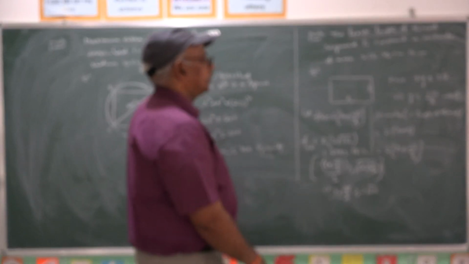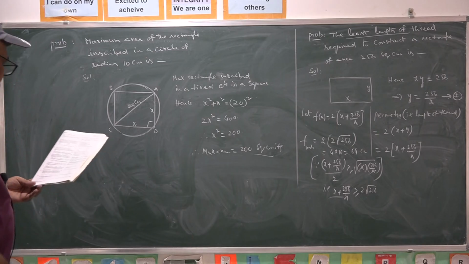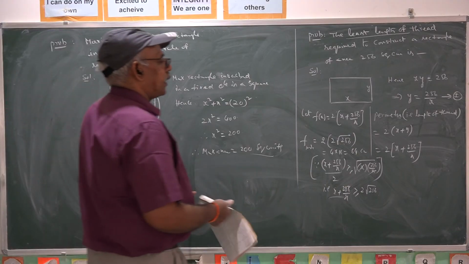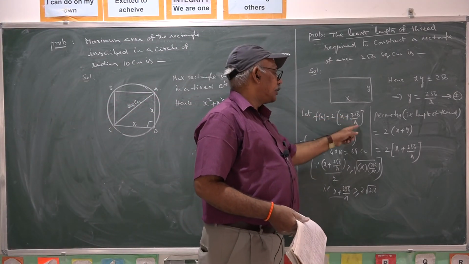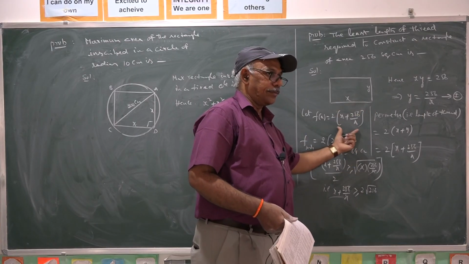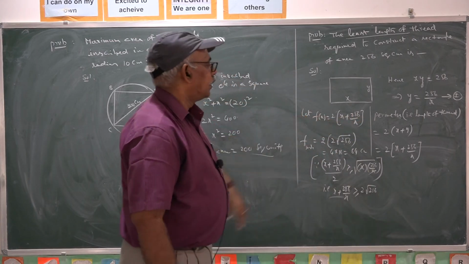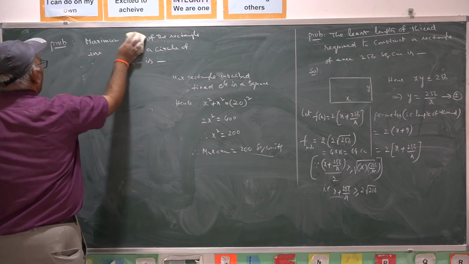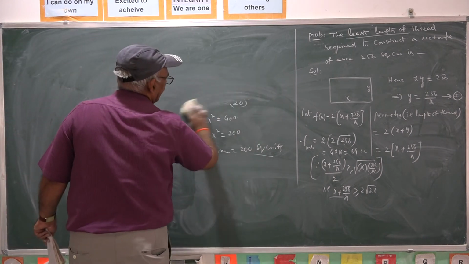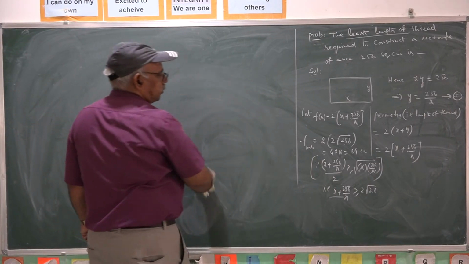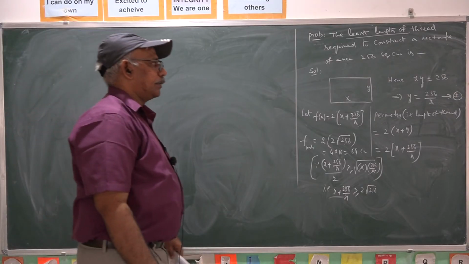So you can apply the arithmetic mean greater than or equal to geometric mean relation here to evaluate such minimum values, because one of these two is reciprocal to the other. Moreover, the length cannot be negative, so positive is compulsory. So you can apply AM greater than or equal to GM to such problems to evaluate the minimum. No need of going through the derivative and applying the derivative test to get minimum or maximum here. You can apply the derivative test also, but more than that, it is easy to get the minimum value straight away.